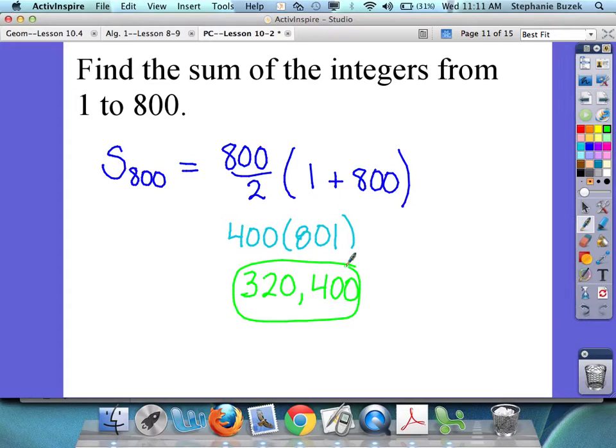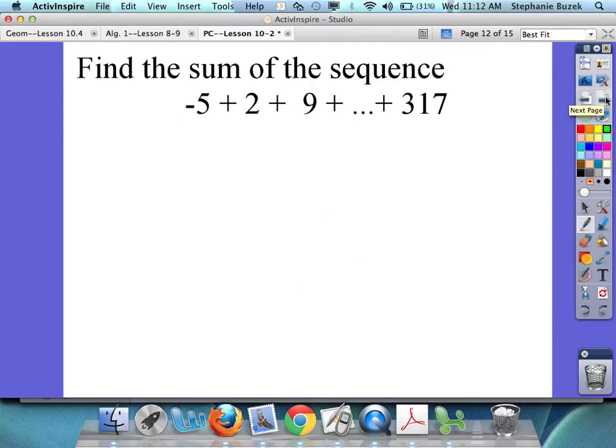Now granted, could you sit there on your calculator and type in 1 plus 2 plus 3 all the way up until 800? Yeah, but it's going to take you a long time. So it's much faster to use this formula. Let's go and look at another one. Find the sum of the sequence -5 plus 2 plus 9 plus